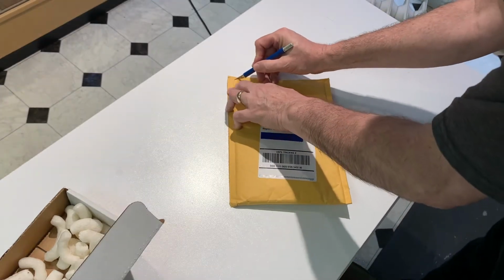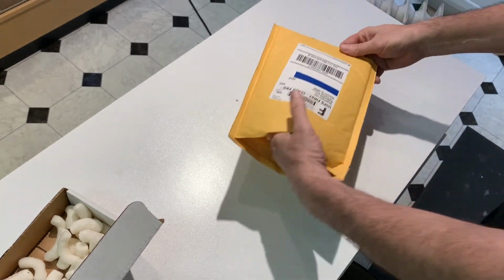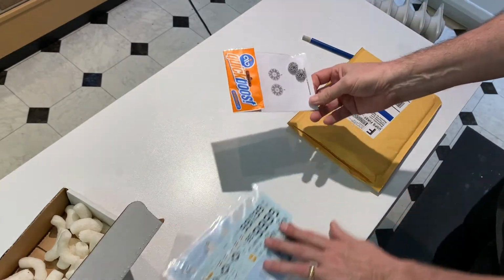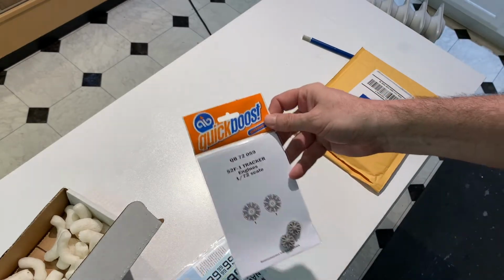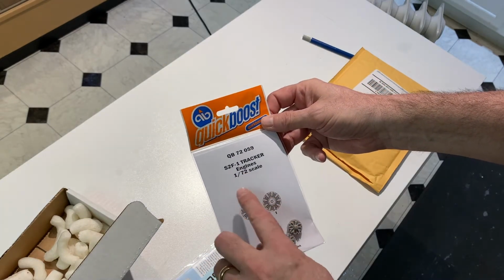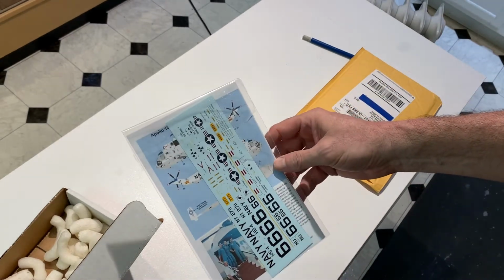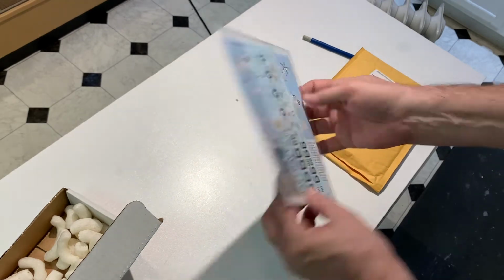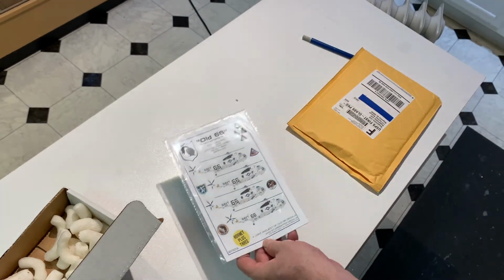I think this might be decals. Can't remember. Yeah. Oh, and then also, so these are Quickboost engines, detailed engines, 1/72 for the same project. While I was out there shopping for that, the same vendor on eBay, I saw these, and the old number 66. And I think I'm going to build that with,